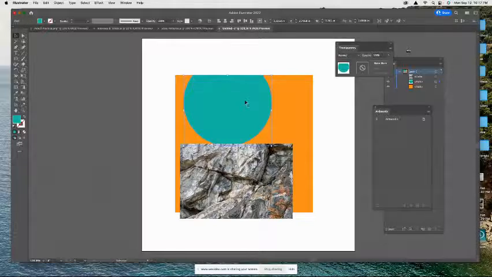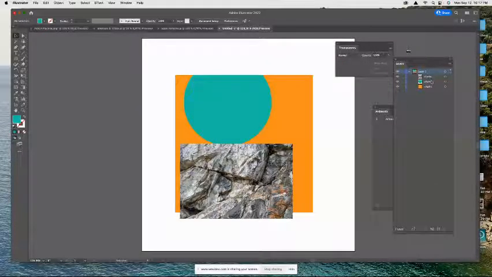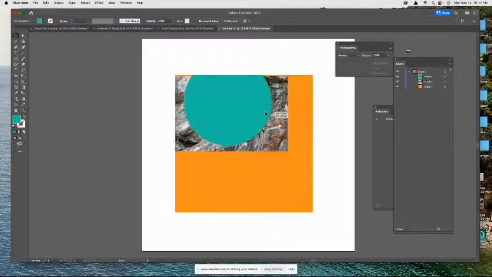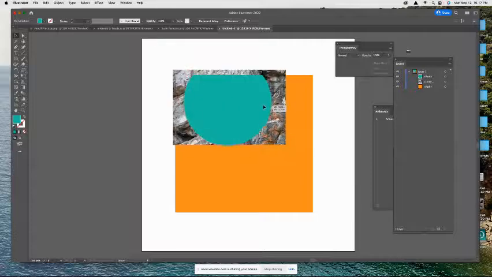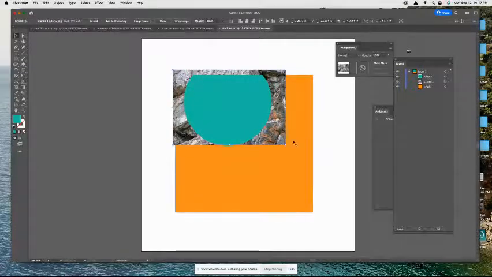So I can do that in my layers panel right here on the side. I'm just going to click the sublayer that contains my texture photo, and I'm going to click and drag it underneath the green circle or partial circle, and then I'm just going to click on that texture photo and position it behind